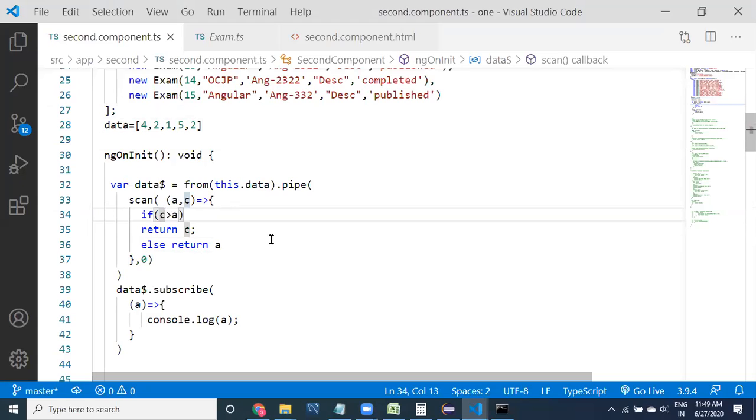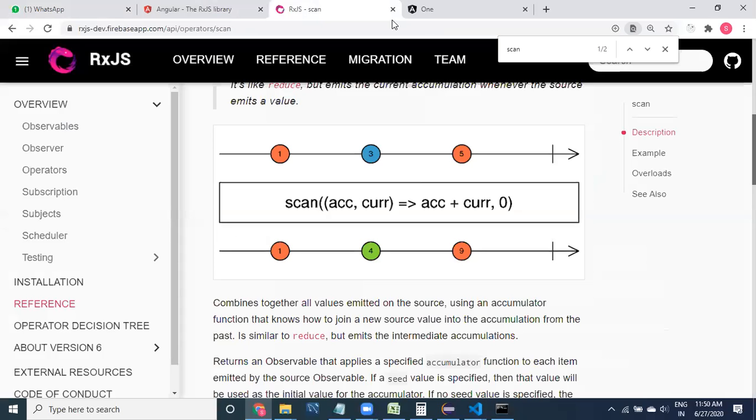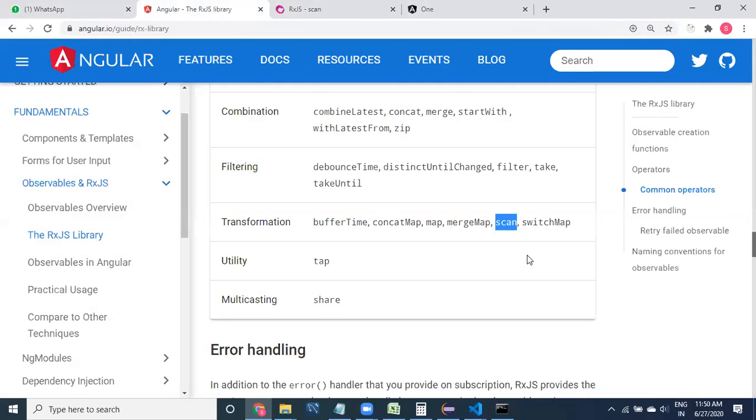Just an example, guys. Whatever logic you want, you can do it and return that particular value. Two values you can use: the accumulated value and the current value. You can write your logic based on your accumulated logic. That can be plus, or multiplication, or minimum, or maximum, or whatever it may be. Okay, that is scan. Now you can check with the switch map.